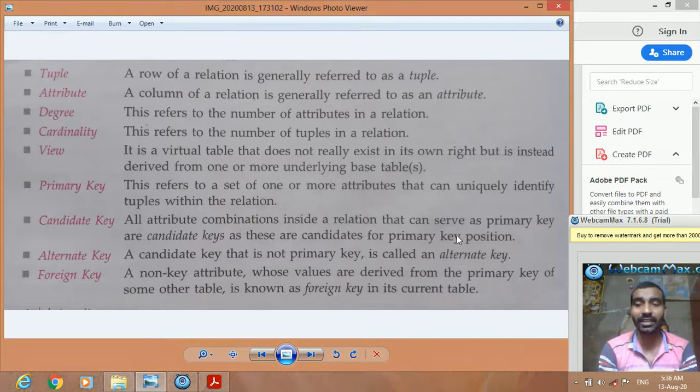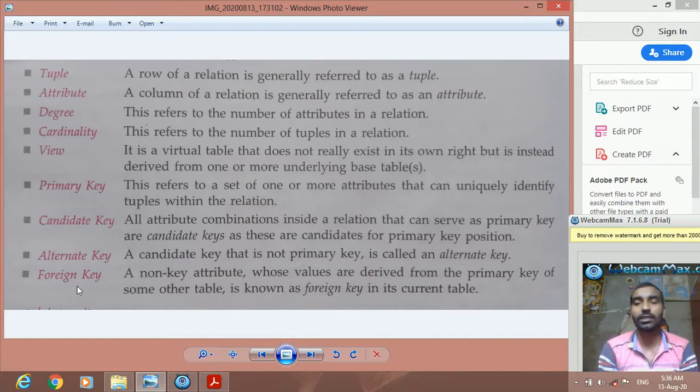Means they can take the place of the primary key, they can be appointed as a primary key. That's why they are called candidate keys. Now, alternate key. The candidate keys which are not the primary key are called alternate keys. So a candidate key that is not the primary key is called an alternate key.